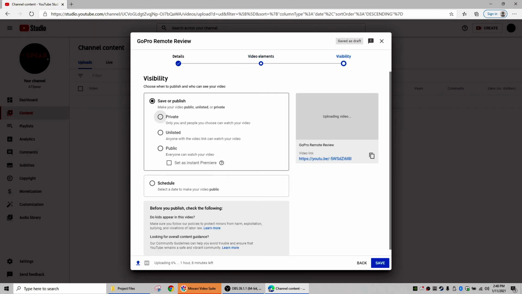And then visibility, private is only you and people who you have given a password and added their account and all that can watch it. Unlisted is it's on the channel, but they have to have the link to watch it. And then public is everyone can watch. And then schedule is if you wanted to make it public on a specific date,